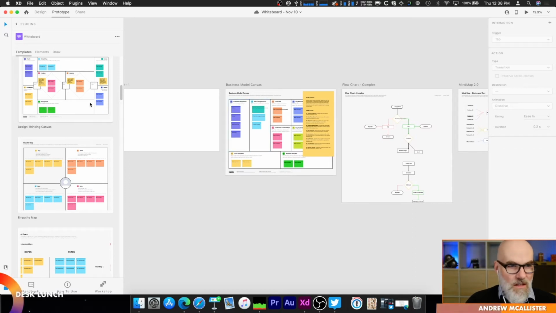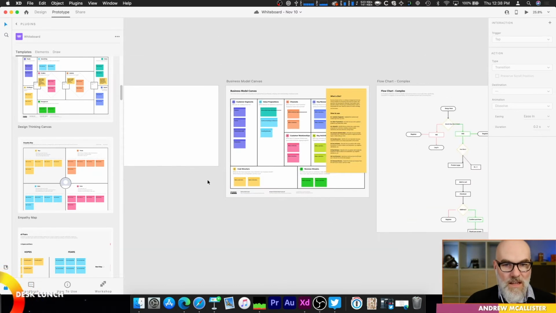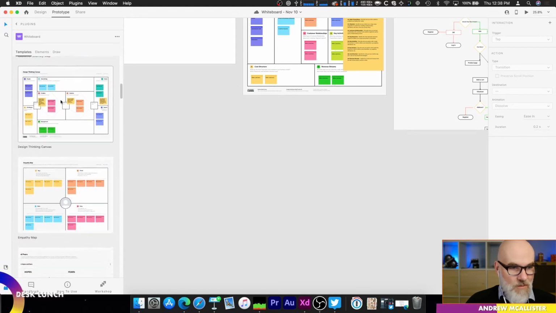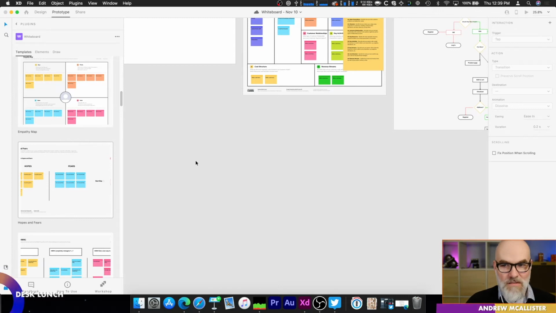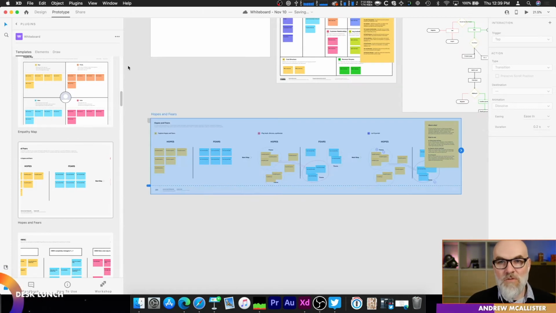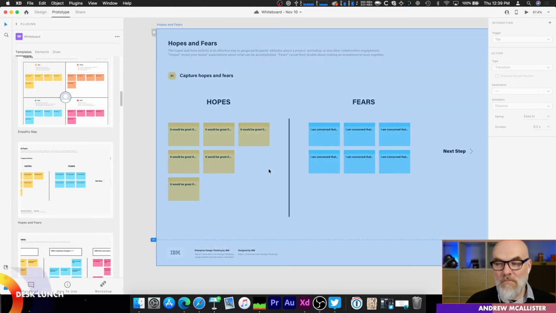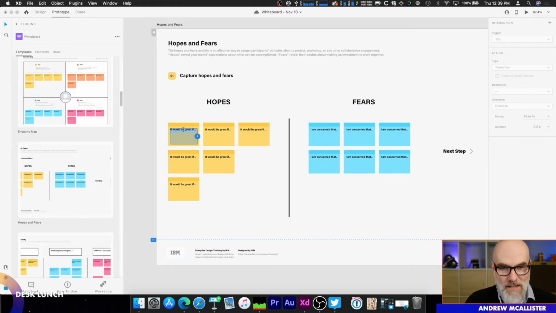First of all, I pulled up a business model canvas, and the way that I would grab or implement one of these templates is you can just pick one here. How about hopes and fears? That one's a bit terrifying. You double click on it and it drops it onto your canvas, and then you can zoom in and start editing. Very nice. So you have these stickies that you can input. Of course, it uses all of XD's native tools where you can align things. It's lovely. And then I can just double click here and say, it would be great if